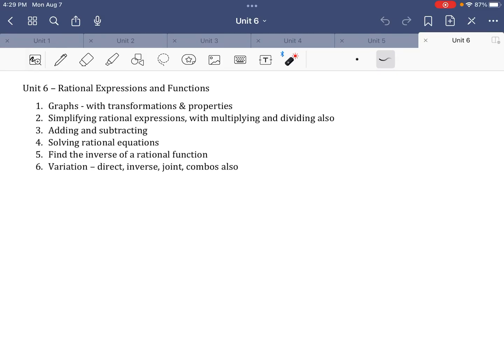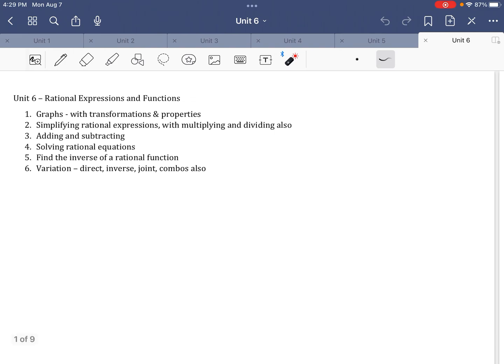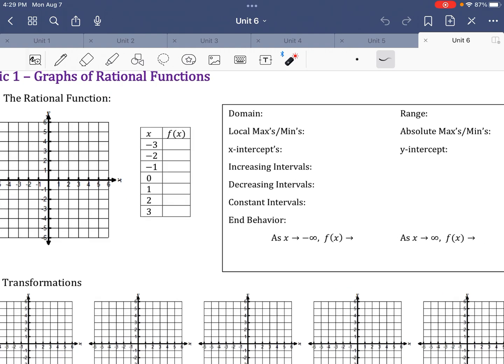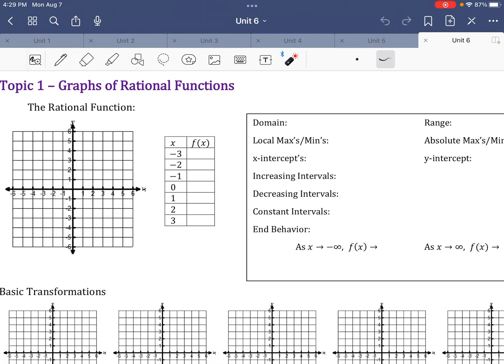All right, so today we're going to do graphs of rational functions. Remember the word rational comes from ratio, so that is a fraction, right? A rational function is just your basic equation y equals 1 over x, or f of x equals 1 over x. So if you start plugging some numbers into there,